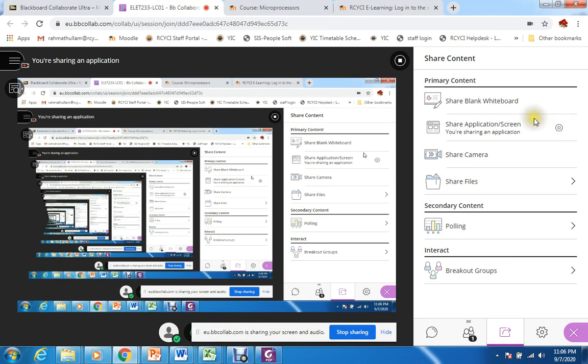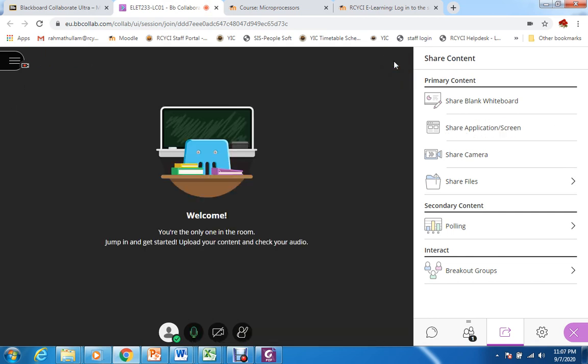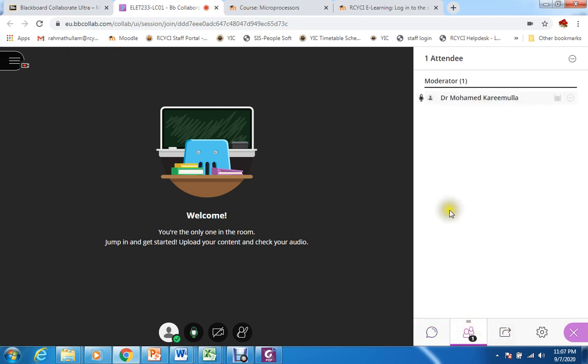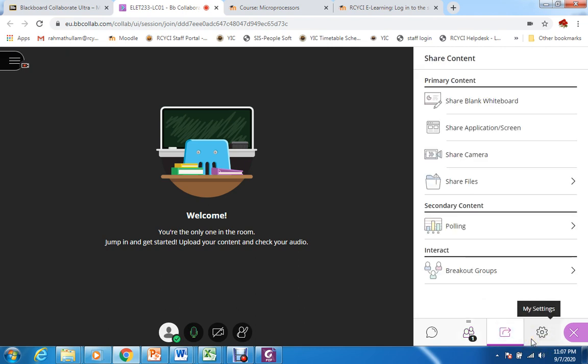If you want to stop sharing, just simply stop sharing. These are the most used tabs here: chatting with your students, seeing the participants who are the attendees in your session, and sharing of screens, sharing the blackboard, and sharing the whole screen. We also have something called share file, but it takes a lot of time to upload and share the files.